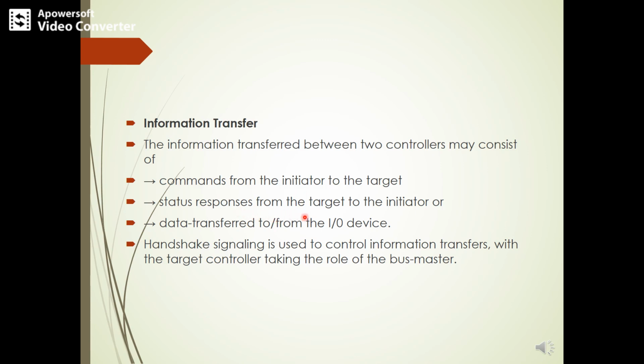Then there is the status response from the target to the initiator, as well as the data transfer, either into the IO device or from the IO device. Handshake signaling is used to control information transfers, with the target controller taking the role of bus master.